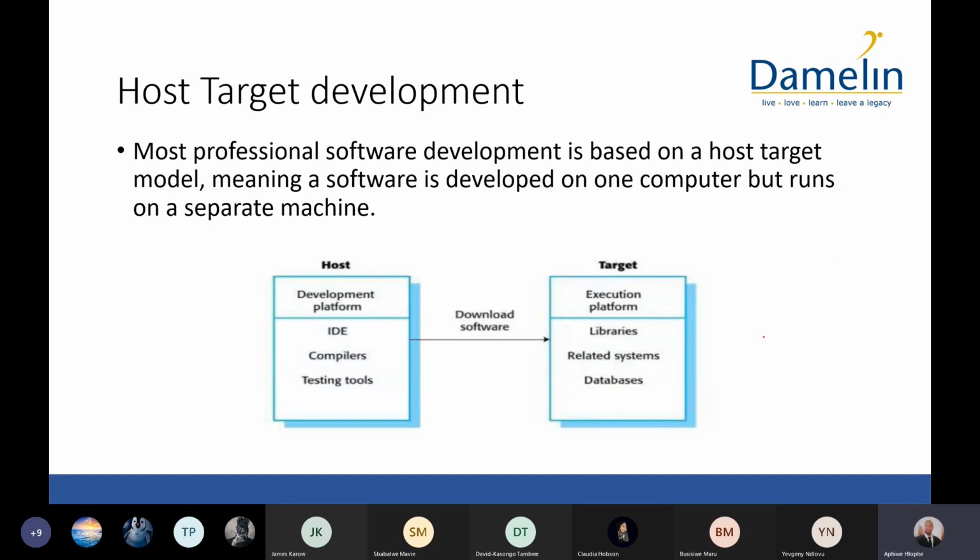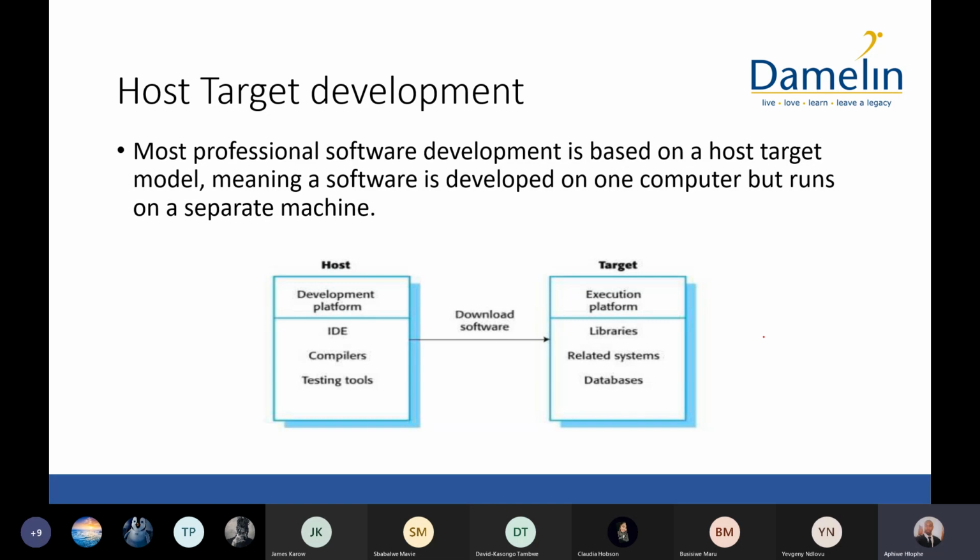The other implementation issue that you're going to face is that the host environment, which is the environment in which we code and build software, is not the same. The conditions are not the same as the production environment or the target environment. Firstly, you cannot build the software on the target environment, because you find that it's a live server hosted on the internet and people can see what you're working on before you even launch it. So it's good to separate the two environments, but at the same time, developers need to